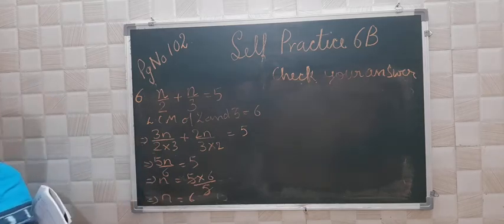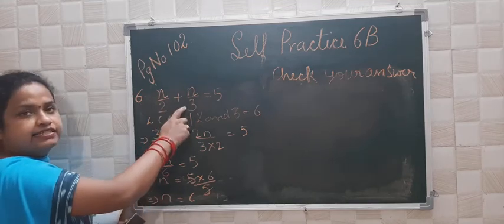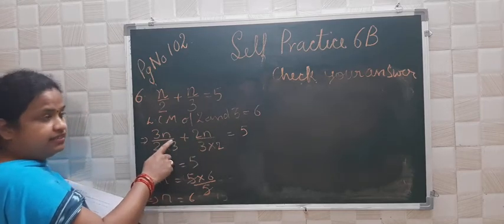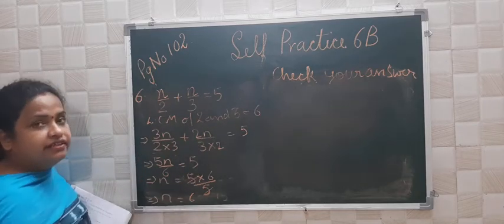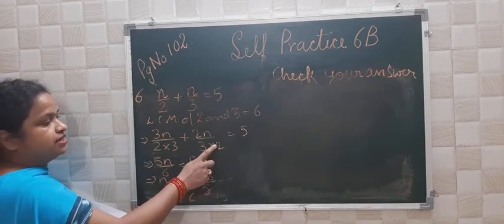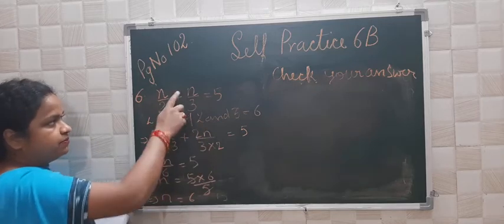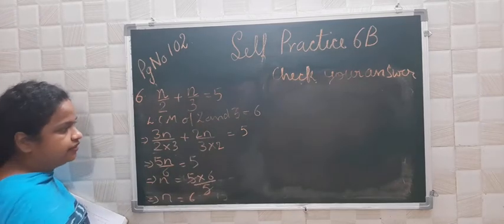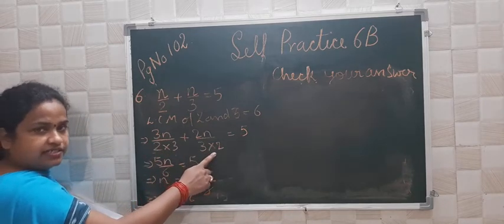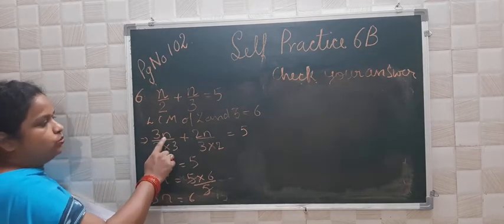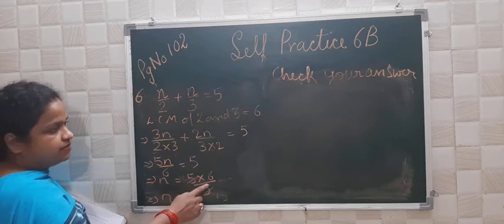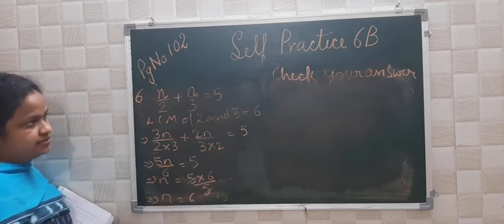Okay. Now see once more. Firstly, you will take the LCM of 2 and 3. That will be equal to 6. Now 3n means after taking LCM, you will make the denominator also equivalent. The 2 3s are 6, so 3n. 3 2s are 6, so 2n. You will multiply with the same number in numerator and denominator, equal to 5. So now you can see 3 2s are 6 and 3 2s are 6. Denominator is same. Here it will come 6. 2n plus 3n, 5n is equal to 5. n is equal to 5 into 6 by 5. n is equal to 6.